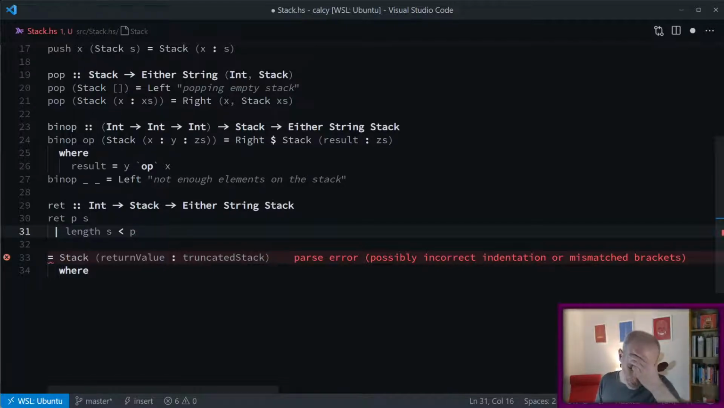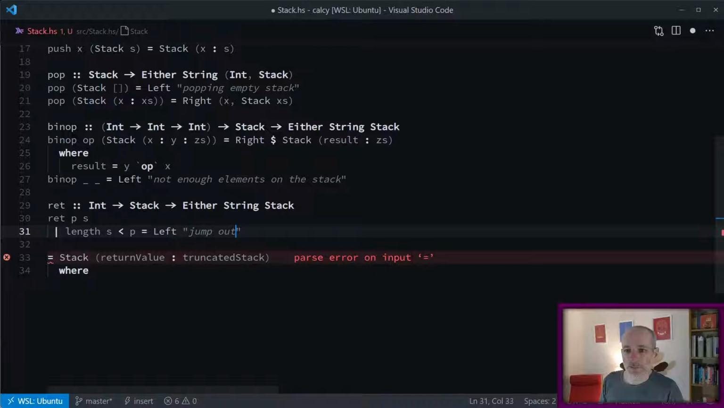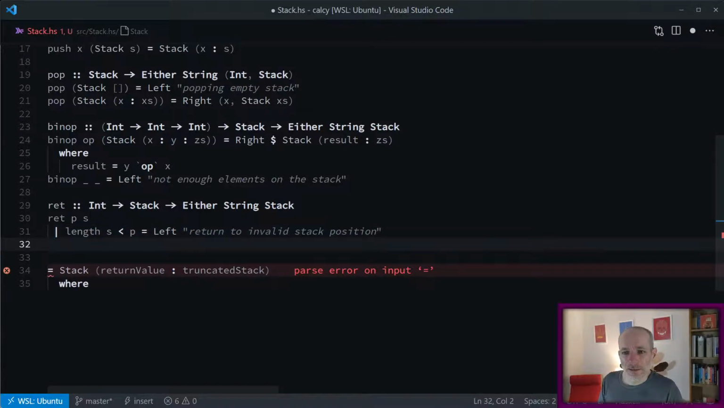So we want to jump to position 2, but we've only got one element in the list. This should be left, jump outside stack, something like that. Return to invalid stack position. And then there'll be some other cases, but let's just work through this. So otherwise,